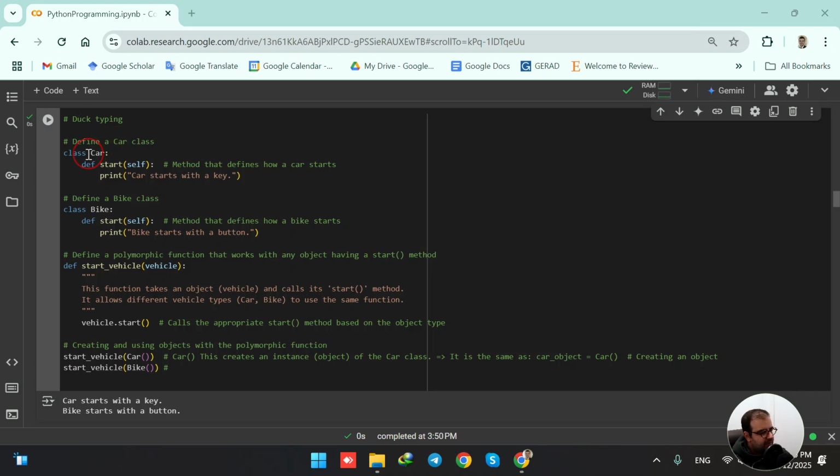Here is my class called Car. It has a function called start, and this function is going to print "car starts with a key." Then we are having a class called Bike, and it also has a function called start, and it prints "bike